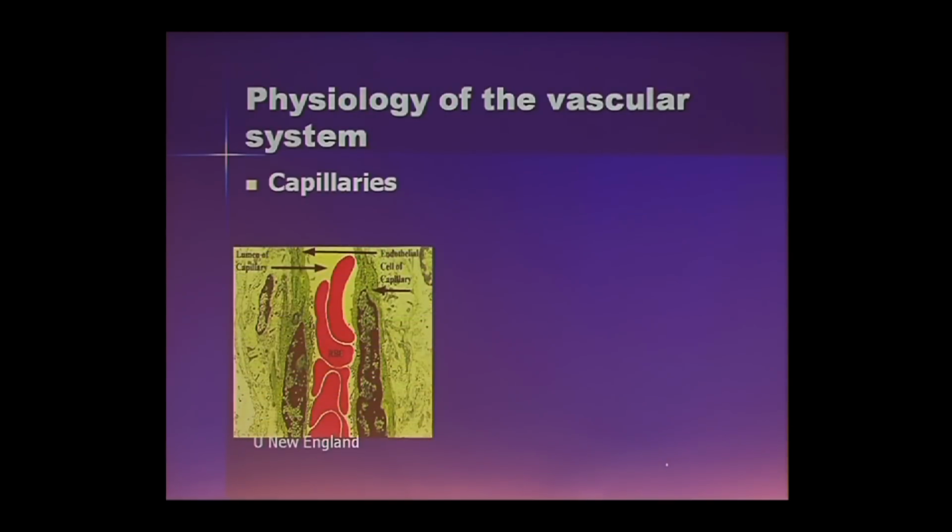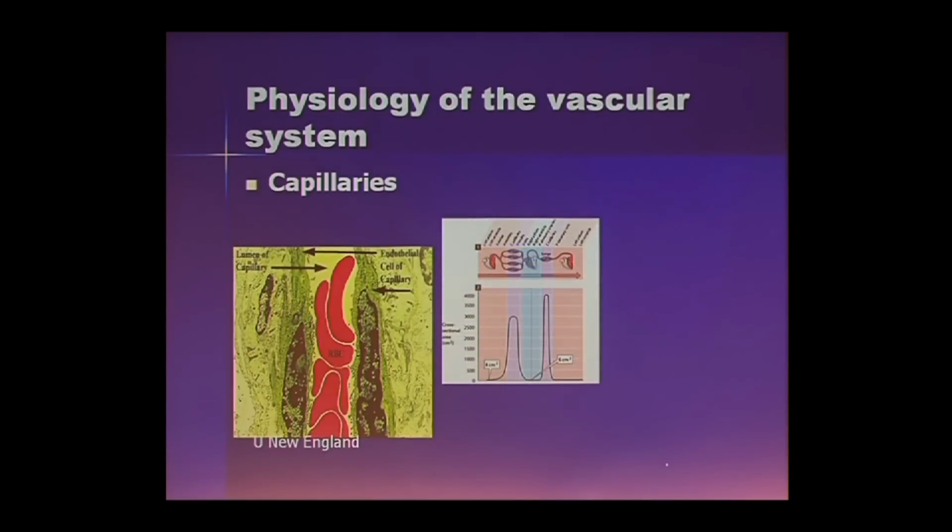This is a little bit less pretty, but I just wanted to show you what happens to red blood cells as they are squeezed through capillaries. Take a look at that. This is one of the illustrations of why sickle cell anemia is dangerous. In sickle cell anemia, you change hemoglobin and your red blood cells are not this malleable anymore. They break up much more easily. So this is what happens normally under normal conditions with your red blood cells. They're very malleable, very easy to squeeze through capillaries.